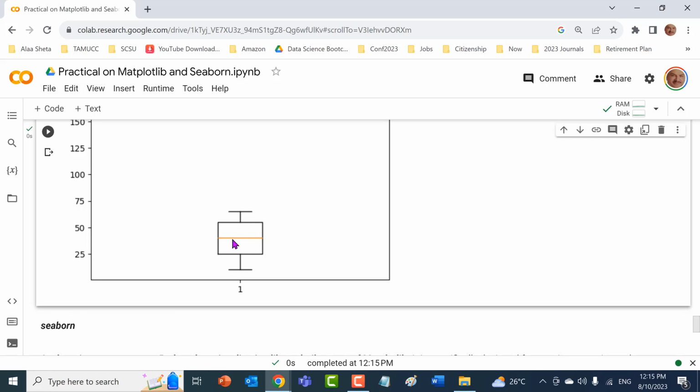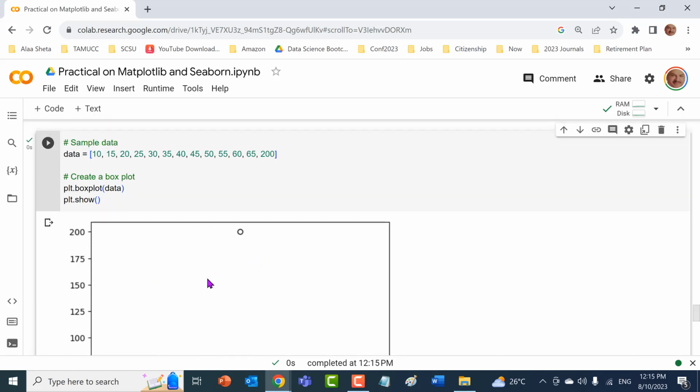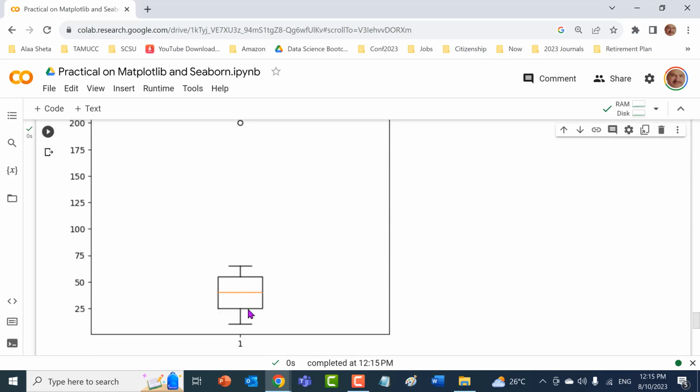So here we go. That's what's happening. Sometimes when we have a box plot for different algorithms, we can see if there are some outliers in the data, and also we can see how good the performance of each model is if we plot all the models together. Okay, I think this will conclude